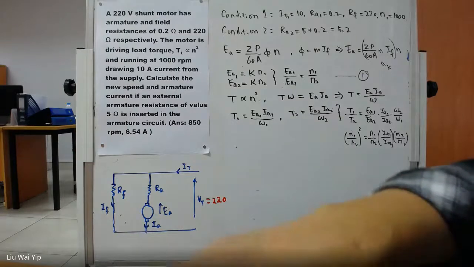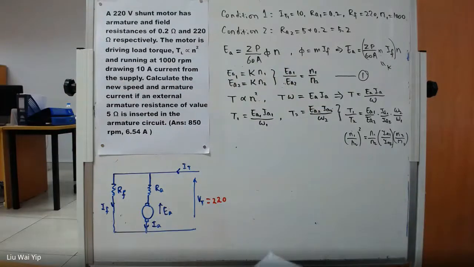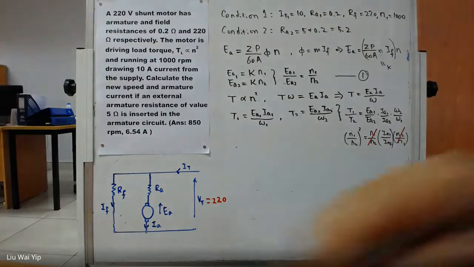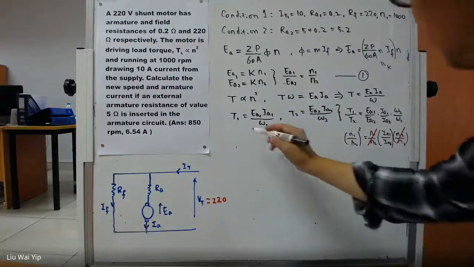The first thing that we need is to simplify this expression. We have N1 divided by N2 here, and we also have N2 divided by N1 here. So essentially, these two expressions are going to cancel off with each other. So finally, what we have here is this one,